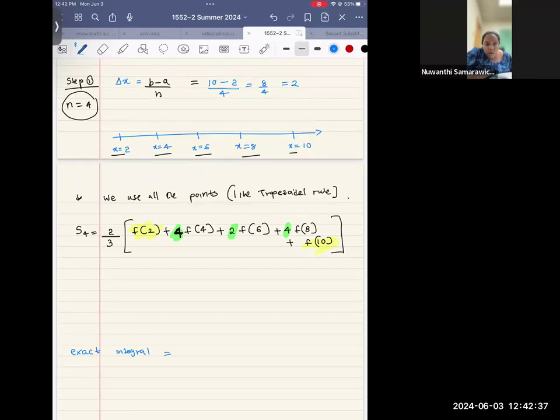Okay, I see many correct answers. Okay, so yes, good. So 2 over 3, f at 2. So that means 2 cubed, 4 multiplied by 4 cubed, 2 multiplied by 6 cubed, 4 multiplied by 8 cubed, and 10 cubed. So this you will get 2496. Then what is the exact value